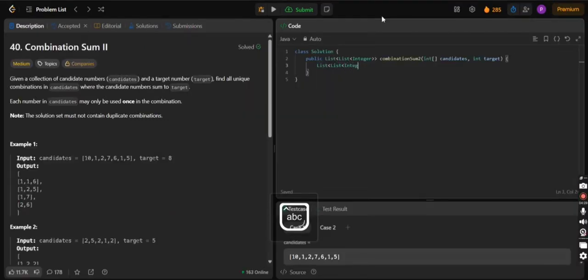Now let's move to the code. Firstly, we create a list of array lists called answer, where we will store all the array lists that sum to the target. Then we sort the candidates array with Arrays.sort.